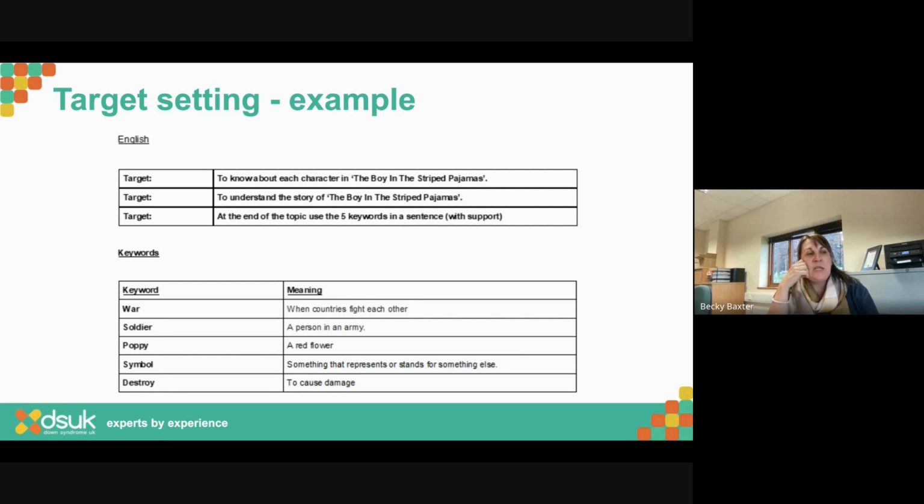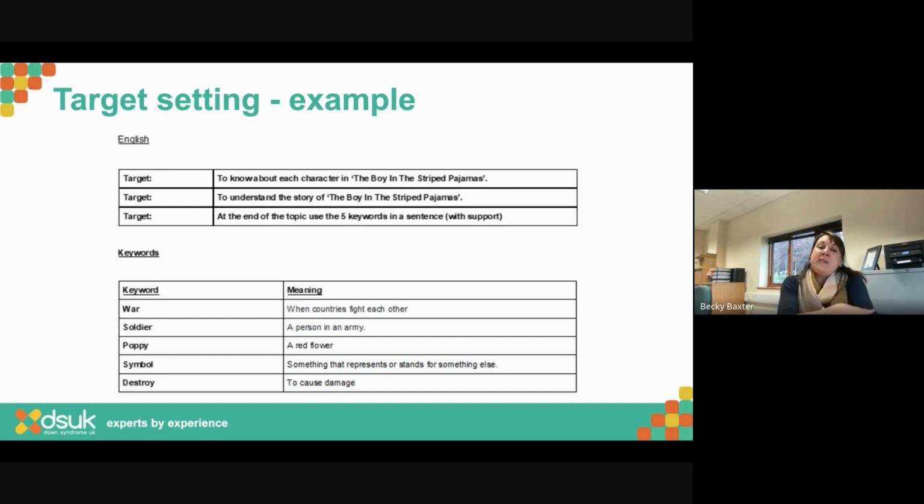What I like about this school system is that this school had a system in place where the SENCO or SEN team would email out the teachers and say, right, I need you to fill this in and send back to me. What are the 3 targets going to be for this half term? And what are the key words? And what's the key vocabulary that we want this student to learn? You can see they've got a definition down there as well.